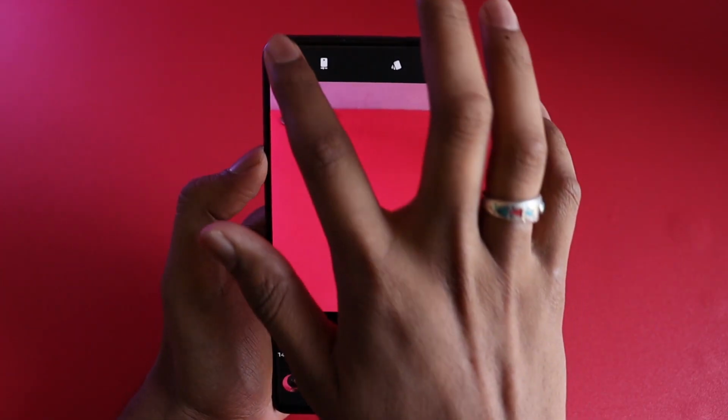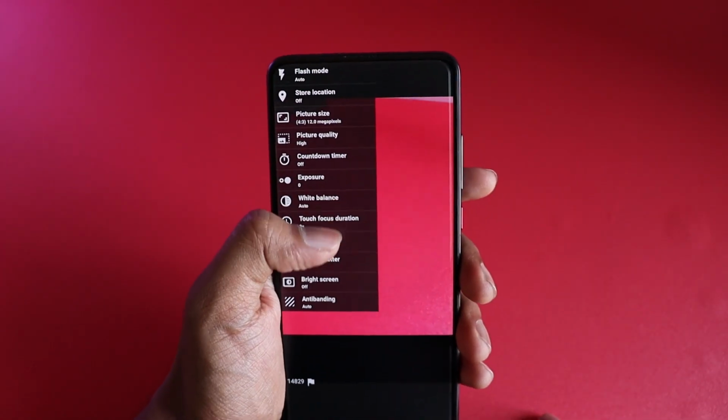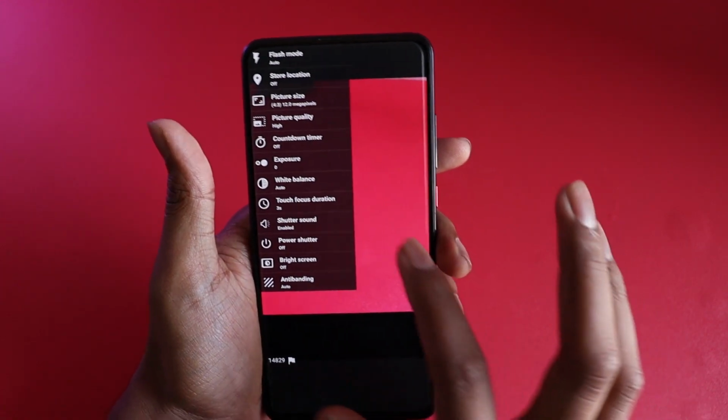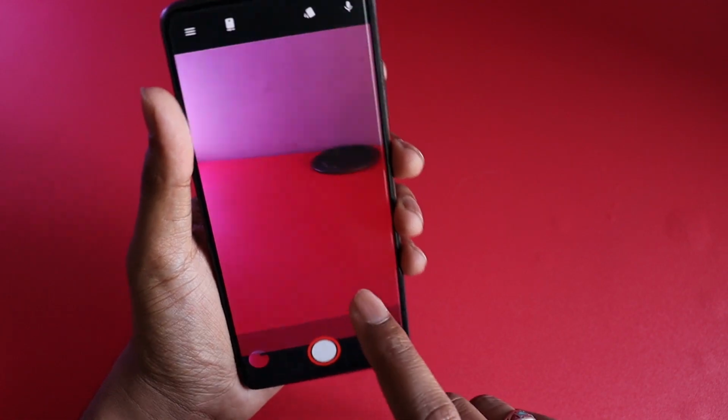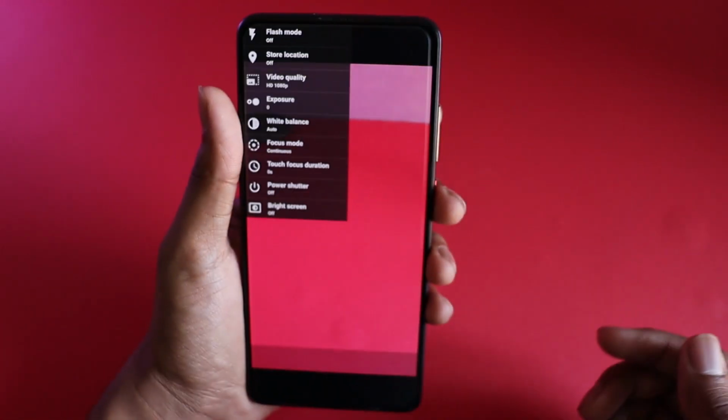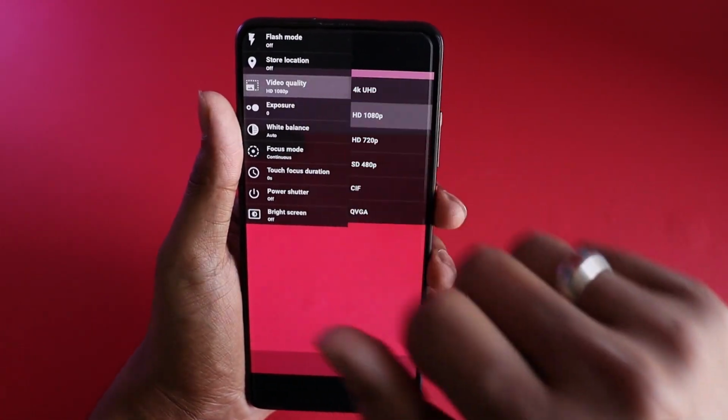So if you recently installed a custom ROM on your mobile phone, then you might have known that the stock camera application which is installed in this ROM or any other ROM mostly does not support other lenses. So you are stuck with only one lens that works all the time, and you lose out on a lot of different things too. Like for example, the AI feature, video super stabilization feature, super slow motion, or the flexibility to change the video quality to different resolutions.